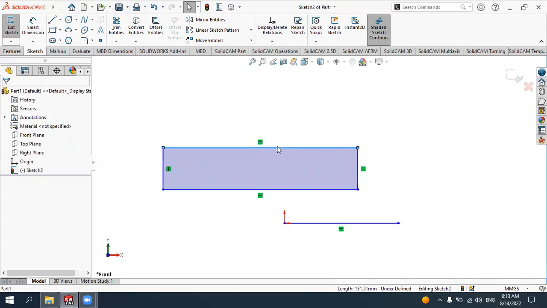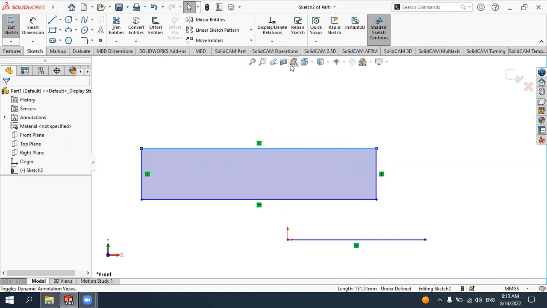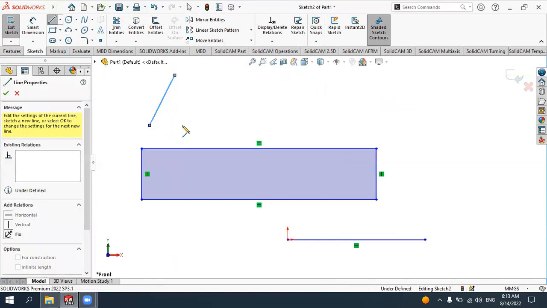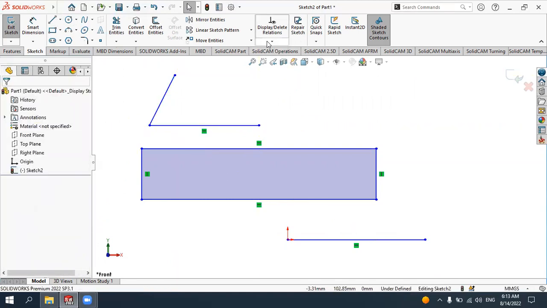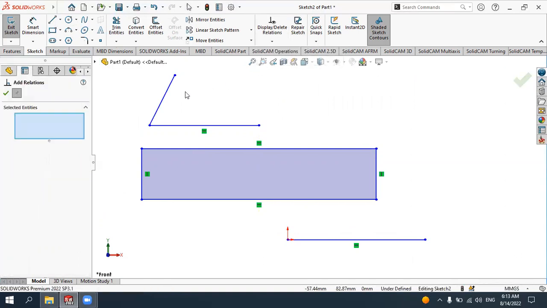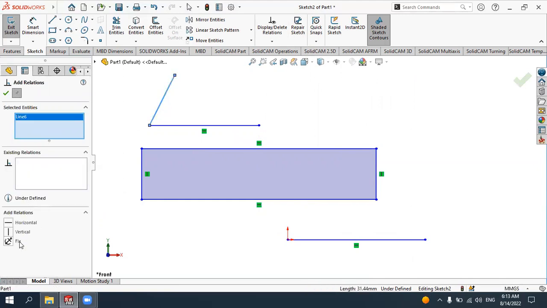So this is simple to add the relation. For example, if we have the budget system, you can add the relation just directly from here. Open the add relation menu here, and in the select entity, select for example this as entity, and SolidWorks gives the possible options for this sketch. In this case it is better to make it vertical, so it will become vertical, and here we already have the horizontal